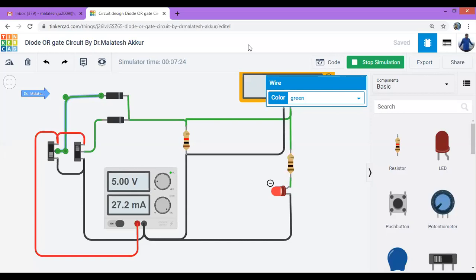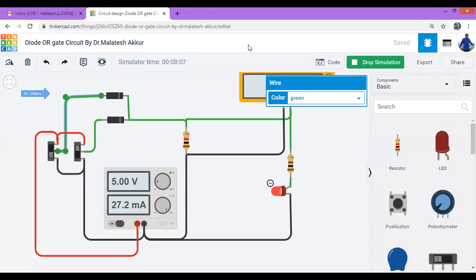Usually if you use the power supply, you can observe there will be 2 knobs, one knob to vary the voltage, and there will be a current knob also. Always we keep it in the maximum position. So if you use this power supply as a current source, current can be varied. And if you use it as a voltage source, voltage can be varied. But in the RPS, it is not possible to vary the current because the current depends on the load and also the voltage we apply. So, difference between NPN and PNP transistor.